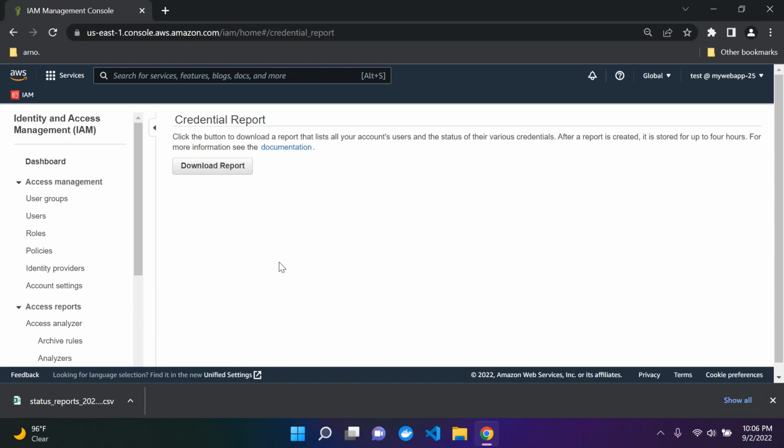So what I mean by this is you'll see your root account. Now this is the account you use to start up AWS, known as your main account. And then you'll see a bunch of your IAM users, with your root account at the top, okay? And then you'll see a lot of information about their credentials, such as if they have